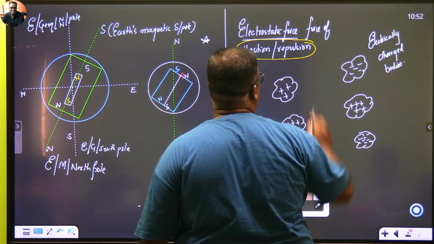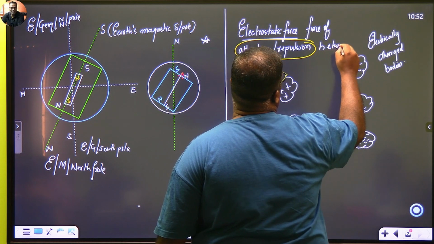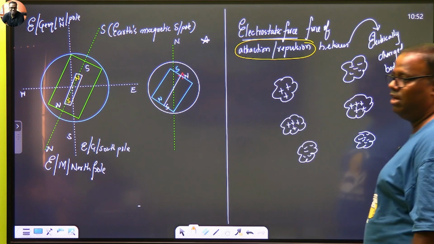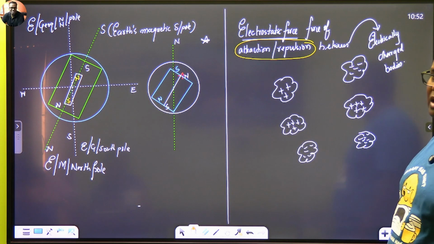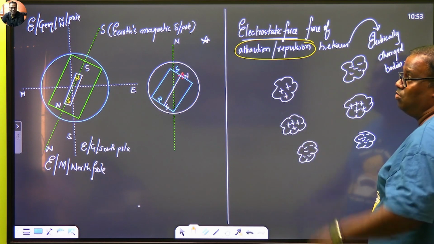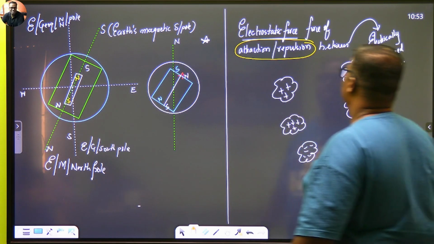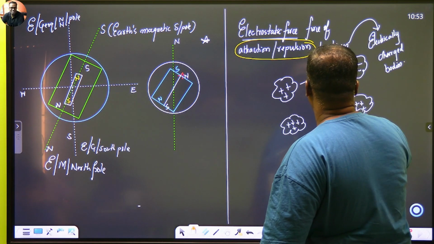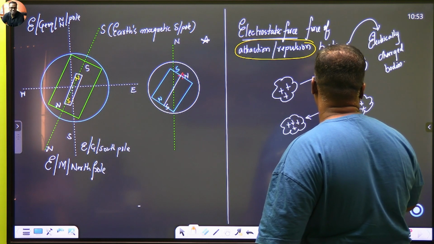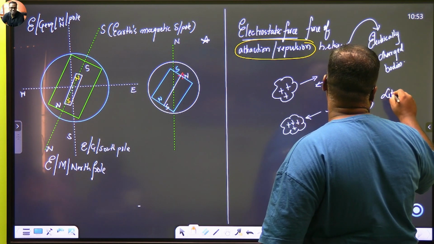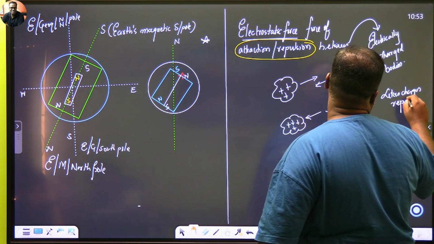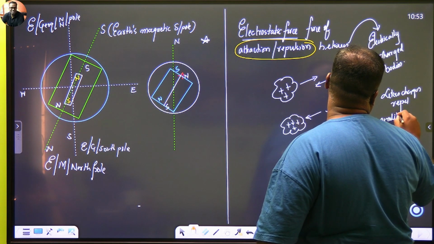And this force is there between whom? Electrically charged bodies. And what is the funda? Like charges repel, unlike charges attract. And charges are one concept, positive and negative charges. वहां क्या होता था? North pole and south pole. तो इस केस में क्या हो जाएगा? Attraction आएगा. इस केस में कैसा हो जाएगा? Repulsion आएगा. इसमें कैसा आएगा? Repulsion आएगा. So here also we say like charges repel and unlike charges